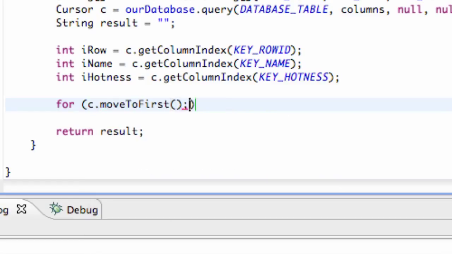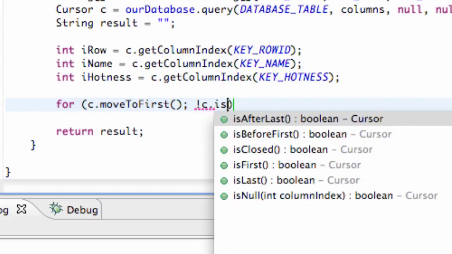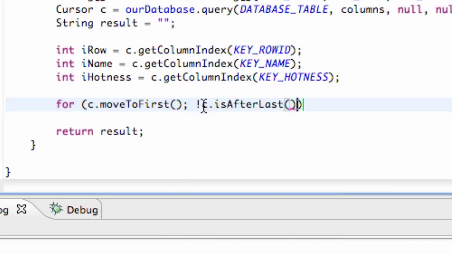Then we're going to hit a semicolon, and then we're going to say as long as it's not equal, for the most part, again that's our expression mark there, as long as our cursor does not equal c.isAfterLast. So we're going to use this method. If our cursor is at the position after the last entry in our database, that's when it's going to stop. And then we're going to just hit semicolon,